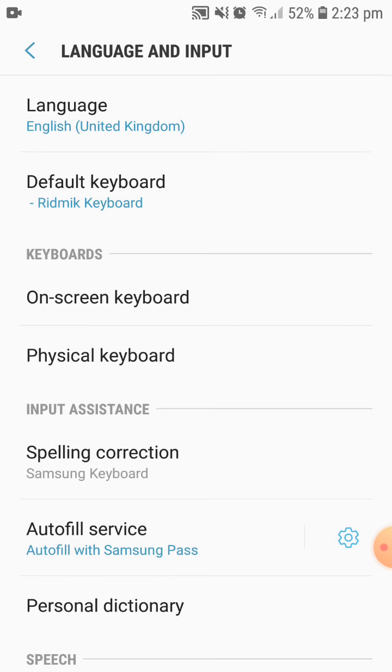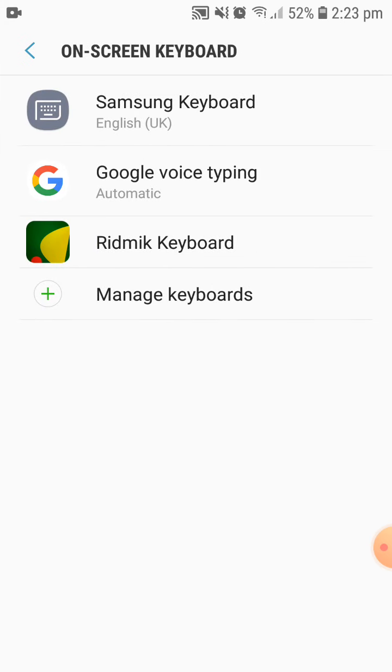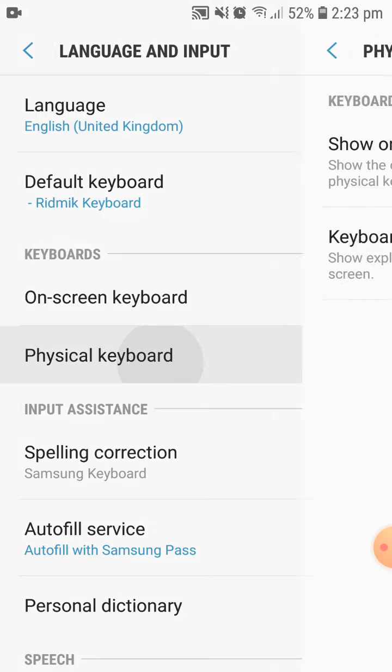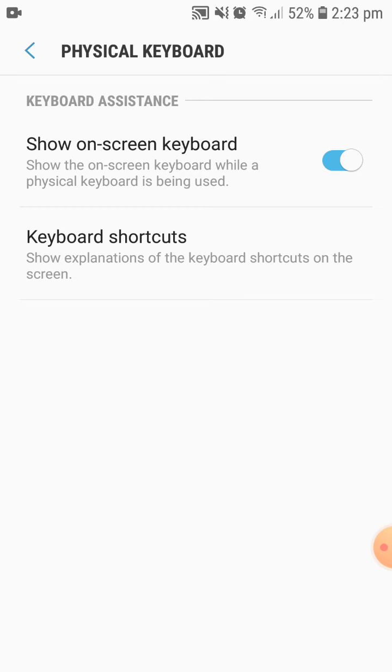On-screen keyboard. On-screen keyboard means, see here, the on-screen keyboard is already selected. Manage your keyboard here; you can also add again. So I know like this, I don't want a physical keyboard. Here you can also add a physical keyboard to show one keyboard. Okay, so it is already shown. If you don't want it shown like this, turn it off; if you want it shown like this, keep it on. Okay, after